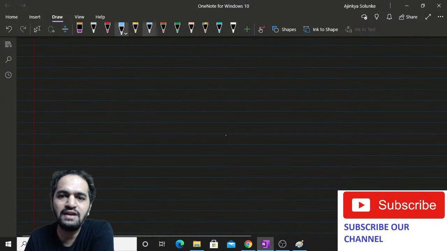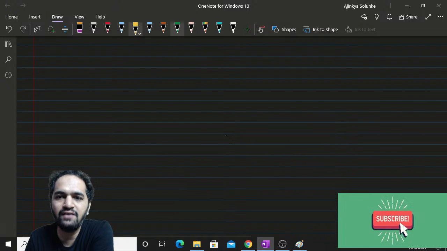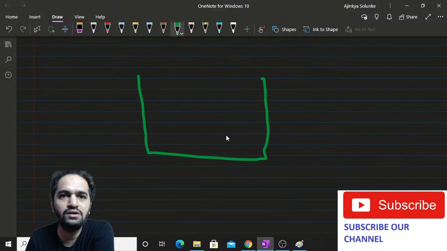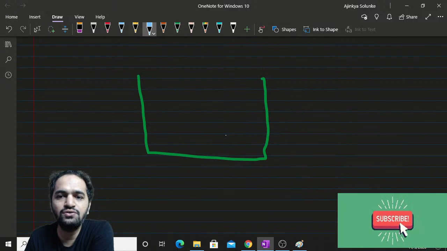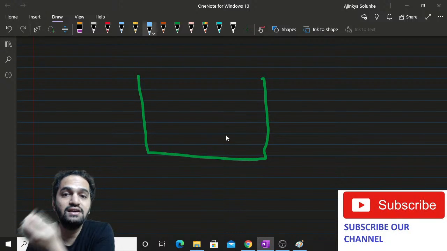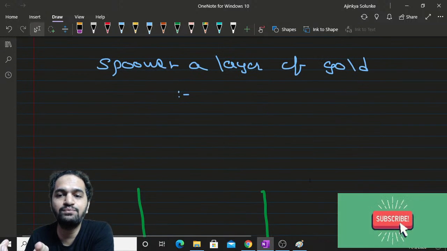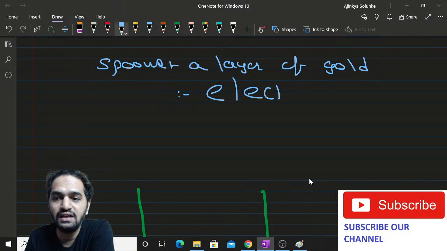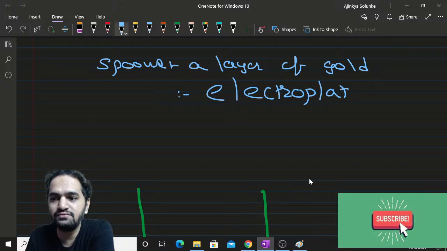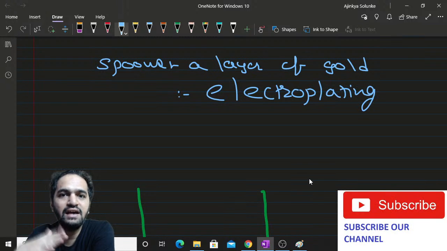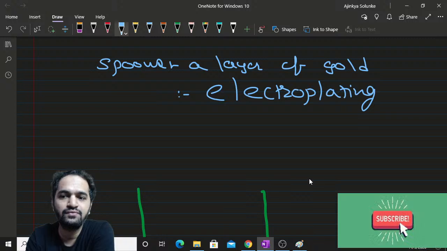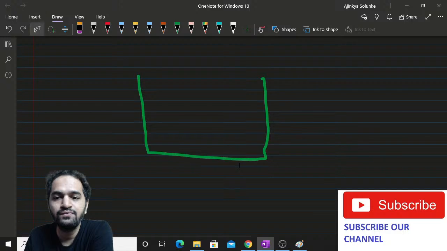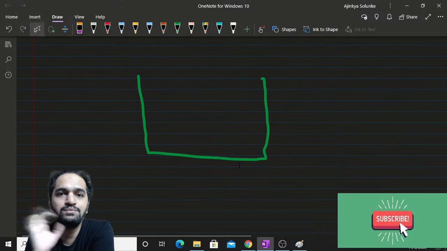Okay, so now you tell me, suppose I have a big container and it is full of gold. This particular layering method is called electroplating. That means you are adding a layer of a metal over another metal. So I'm just asking you, if I want to put a layer on a spoon,